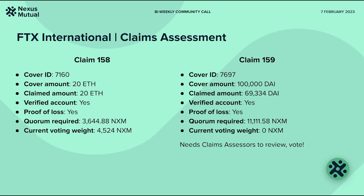Claims 158 and 159 were both filed, I think, earlier this morning, at least my time, but within the last 9 or 10 hours. Both have verified accounts and both have provided proof of loss. Claim 158 is for the full cover amount of 20 ETH, but claim 159, again, is that first partial claim